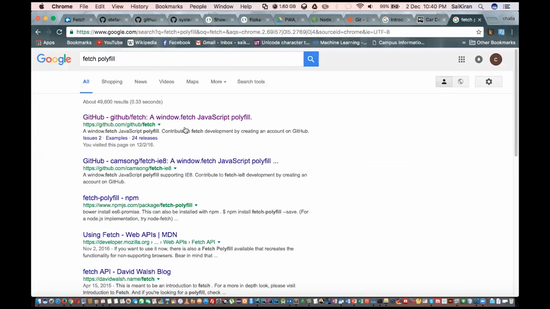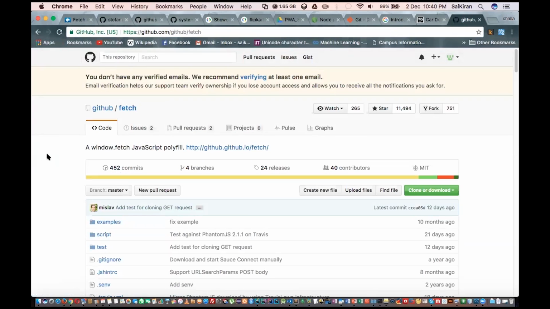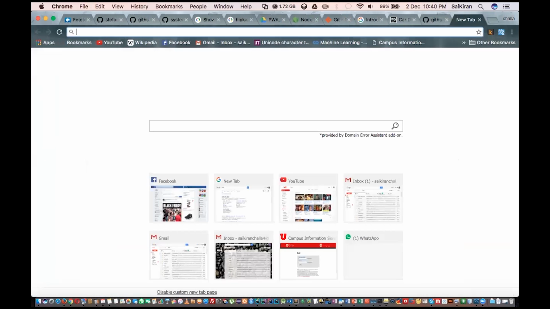Okay, so this is going to be the polyfill for the fetch API. If the fetch API is supported, because this is experimental, maybe your user has not turned on the experimental features in any of the browsers. So if you go to your Chrome